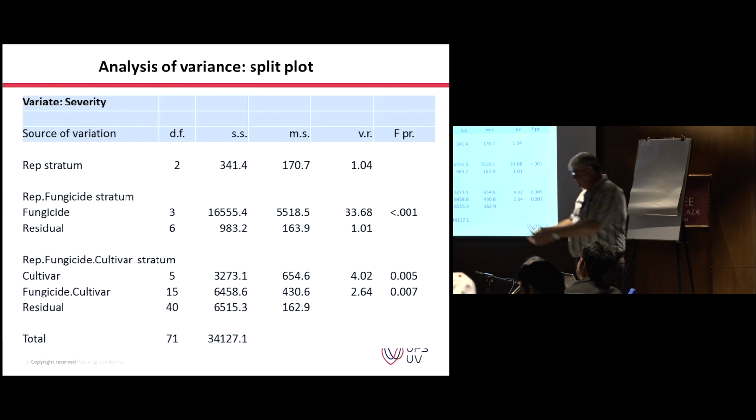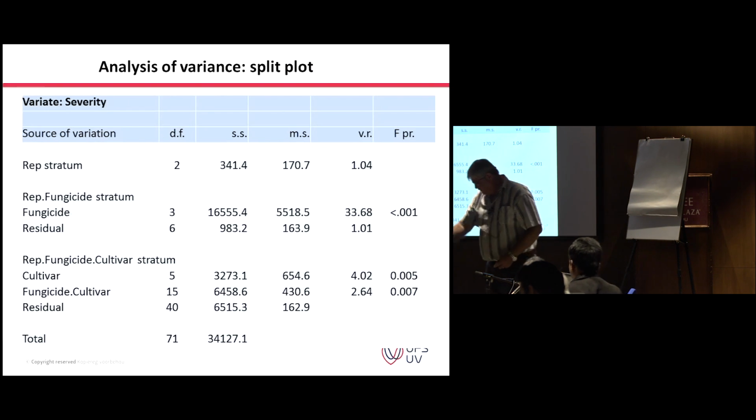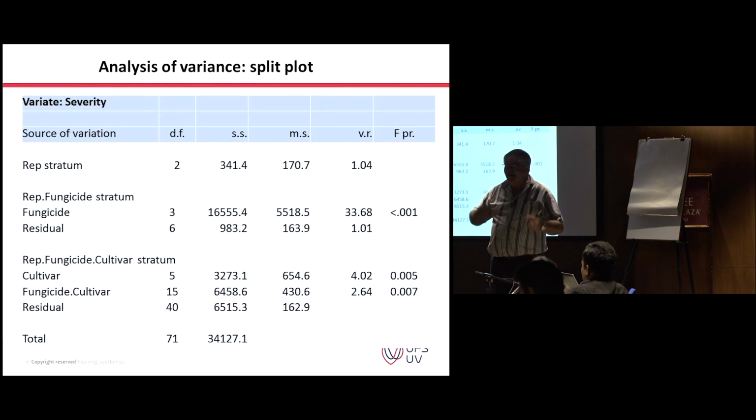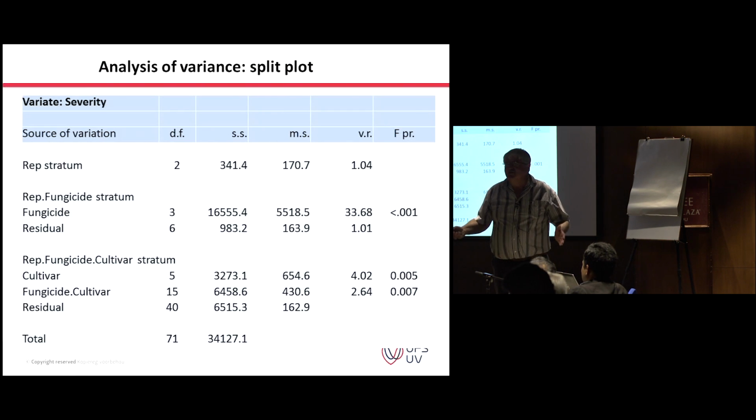If you've got small plots, and this now is cultivar 1 and fungicide 1, and I've got to spray this one, and then I've got to find the next randomization to spray cultivar 2, and you've got spray drift, and you've got all kinds of things. You have a chance of error creeping in, and you're creating more variation. Whereas with this, I can spray the one block, I have less chance of drift and everything else, and I'm minimizing